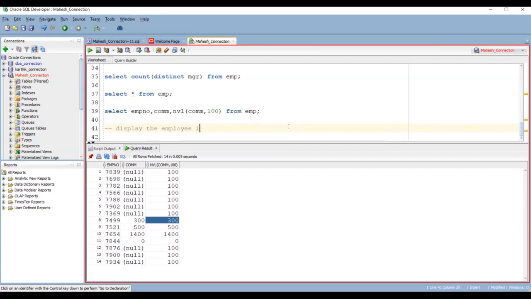Total salary is nothing but salary of an employee plus commission, sir. Understand, sir? And the business condition is, if the commission is not there for an employee,